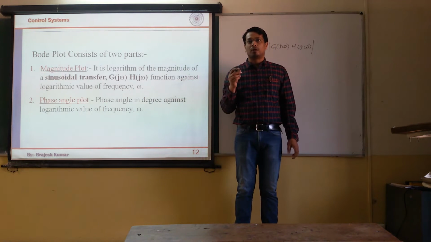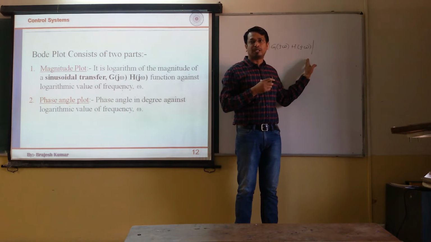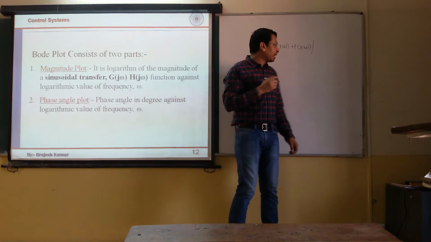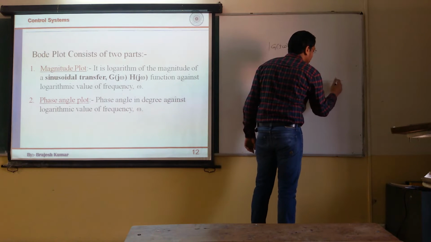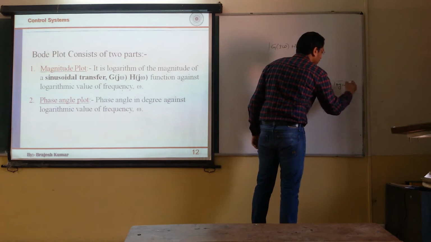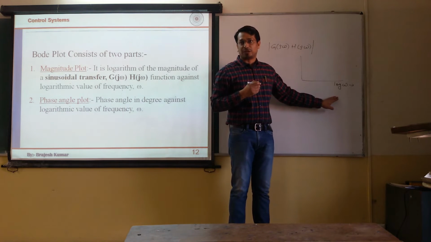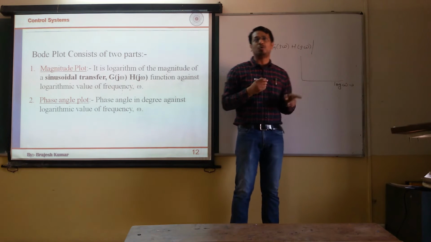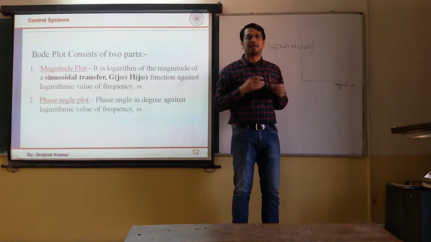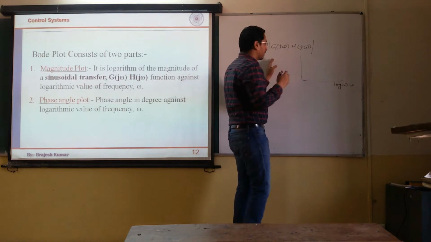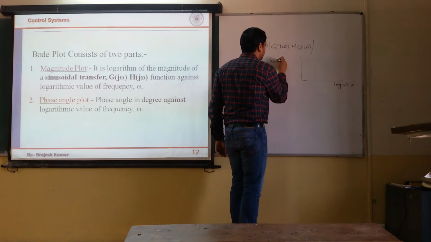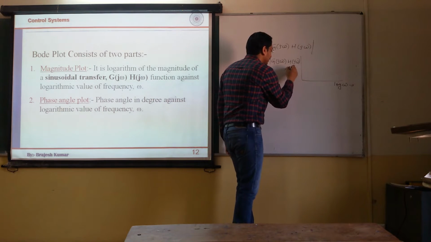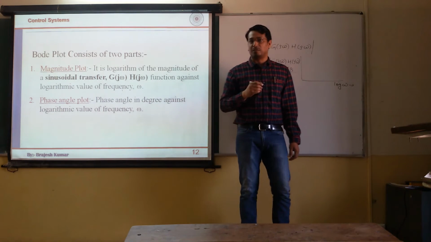And in Bode plot, in every method you are going to plot the mod of this open loop transfer function, but in Bode plot you are going to take the x-axis as a logarithm of frequency rather than just frequency. So you are going to take log of omega and you will express this magnitude in terms of decibel, and you will say this is mod of G(jω)H(jω) in dB. So you will express this in decibel, correct?